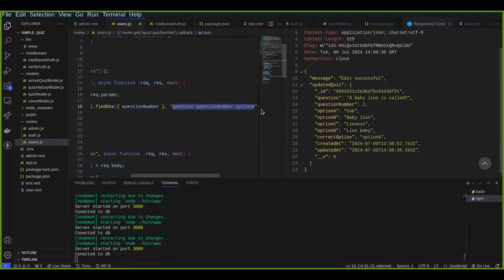But what if I want to specify things that I don't want the user to see instead of specifying things I want the user to see? So if I say I don't want the user to see correct option, updated at, and created at, the rest will be visible to the user, but the correct option, created at and updated at will not be visible to the user. So the way I can do that is I can put a minus, and I say minus correct